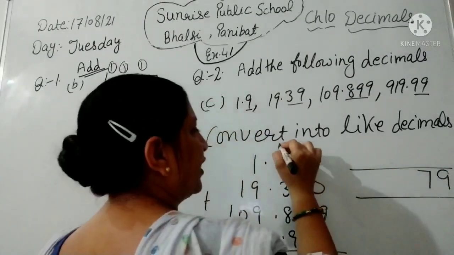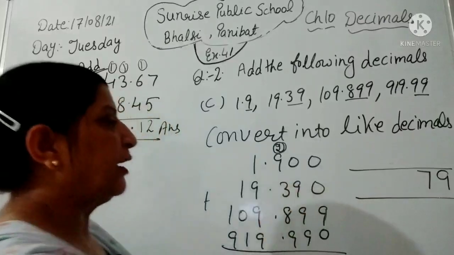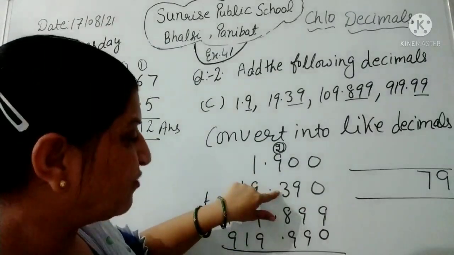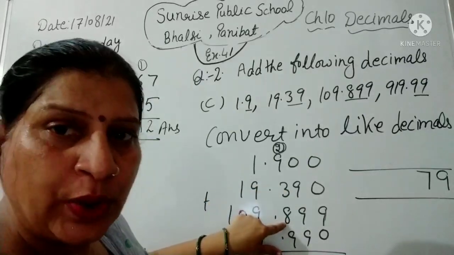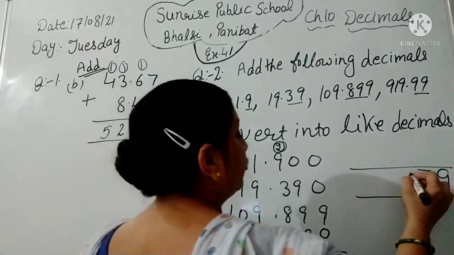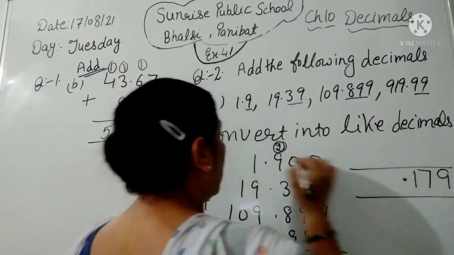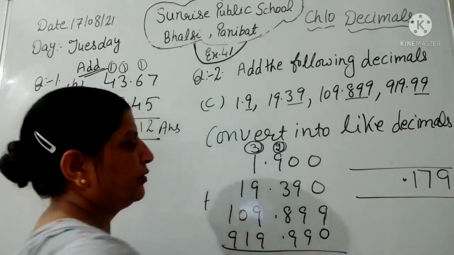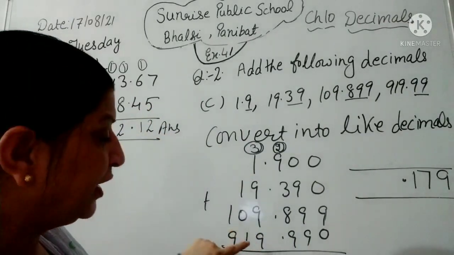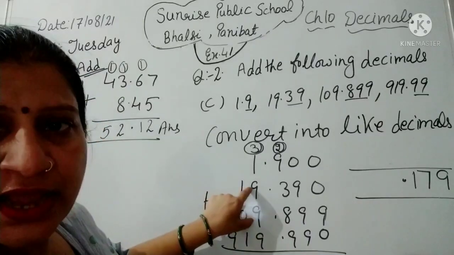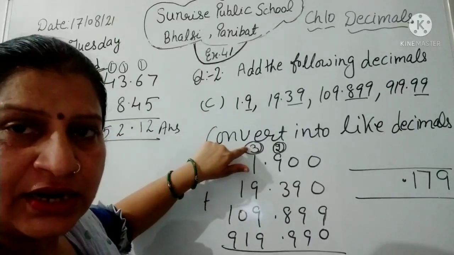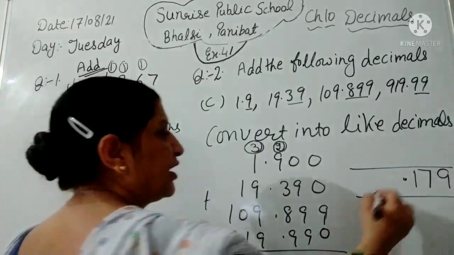The 7 of 27 comes here, 2 carry. 9 plus 2 is 11. 11 plus 3 is 14. 14 plus 8 is 22. 22 plus 9 is equal to 31. So 1 comes here and 3 is the carry. 9 plus 1 is 10. First do the addition from here: 9 has come 3 times, so 9 threes are 27. 27 plus 3 is 30. 30 plus 1 is 31.